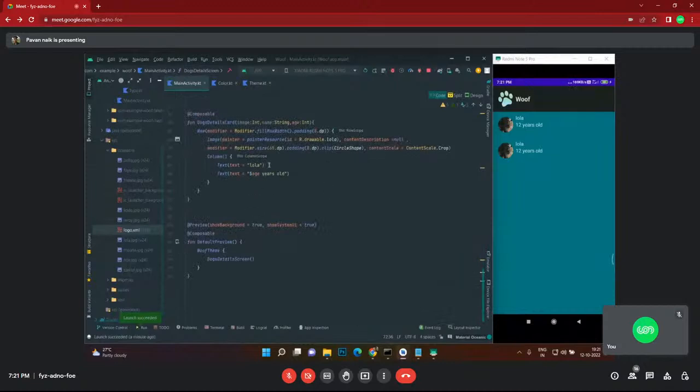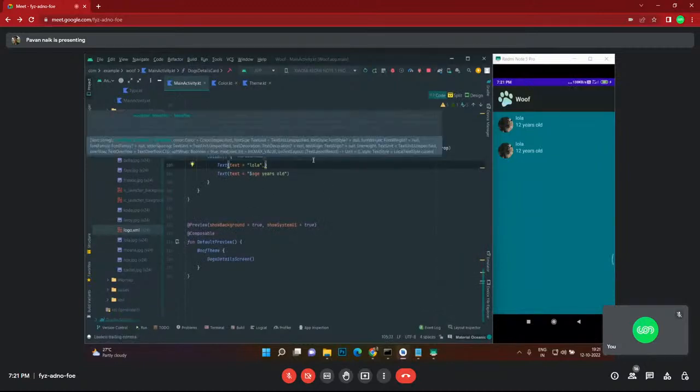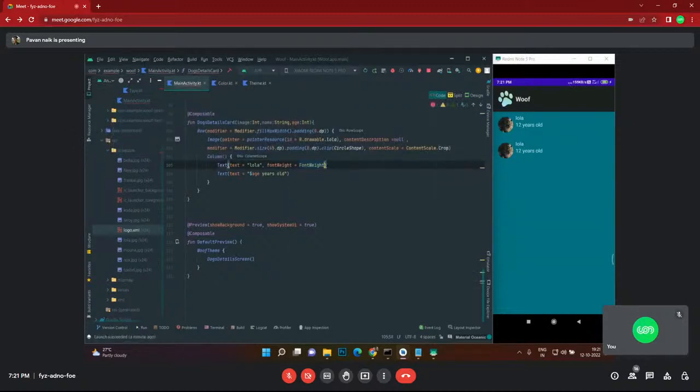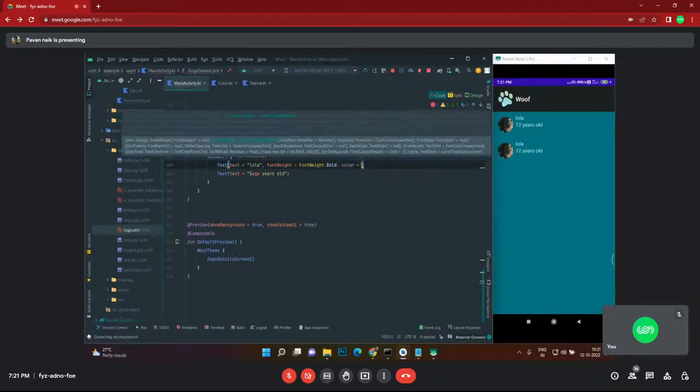So we'll be going to this text, and I'll be adding the font weight. Here, the font weight property. I'll be adding the font weight, and then I want it to be bold. So we have the font weight bold for that name, and then I'll just add the color to it. I take it from the material fonts for that color. This time I'll be taking the on surface color,